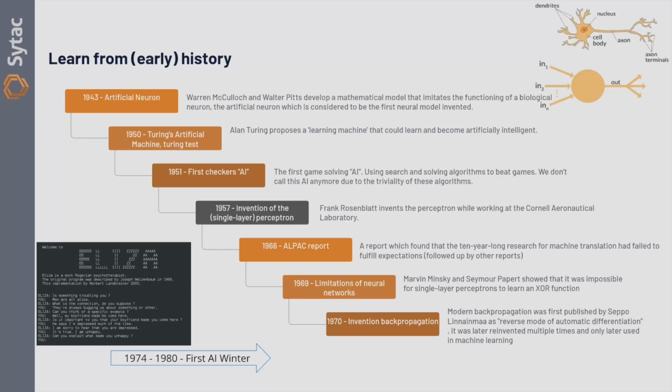Toward the end of the 70s, there were a lot of reports. In the 50s and 60s, there were huge money investments into machine learning AI, machine translation. Most of that failed with the techniques and hardware they had at the time. So there were a lot of reports about the theoretical limitations of neural networks, and basically most of the investment dropped off there.